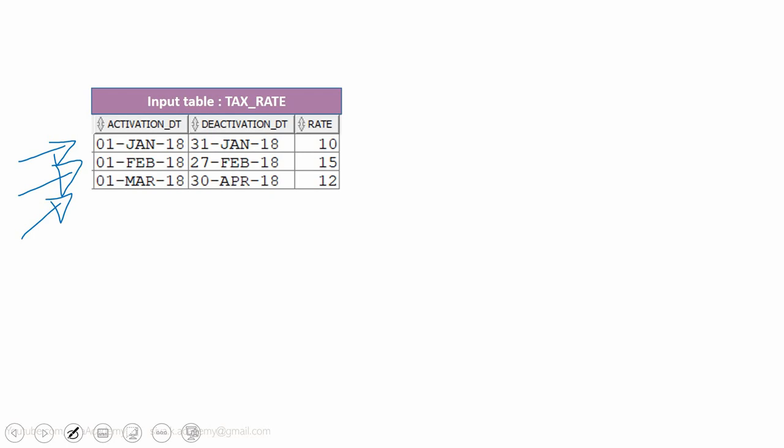For example, from 1st to 31st, there is a rate. Immediately after 31st Jan, from 1st Feb to 27th Feb, there is a rate. But after 27th, we don't have a rate for 28th. The next activation date is only from 1st March. Okay. So given this type of data, the expectation is we need to write a SQL to print a